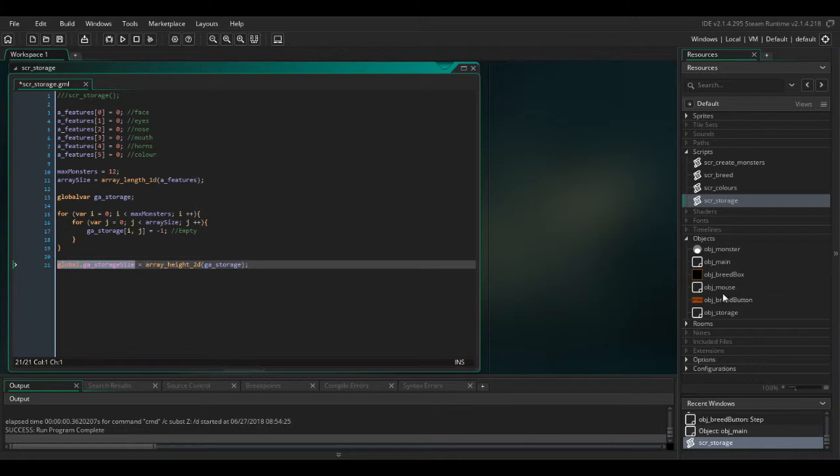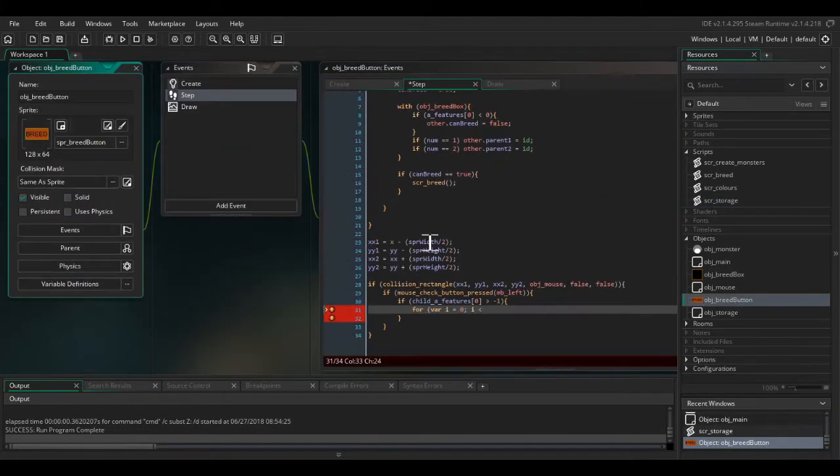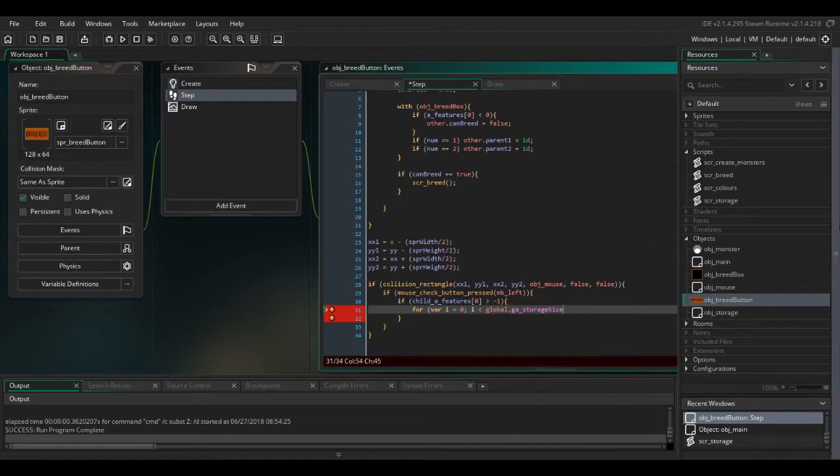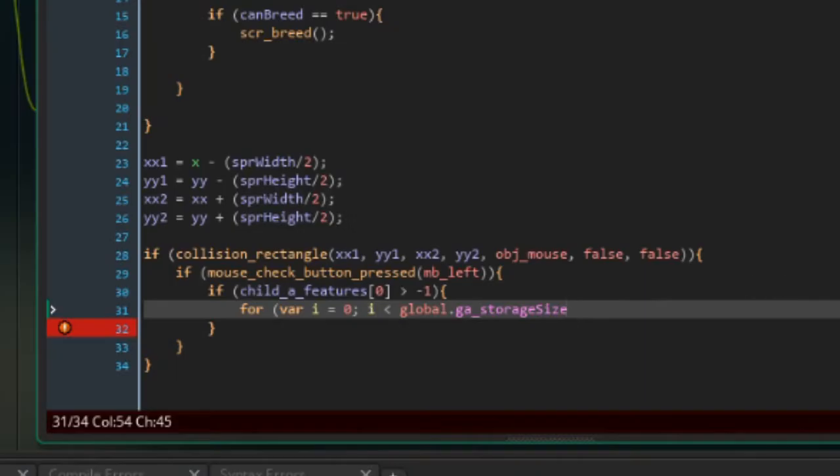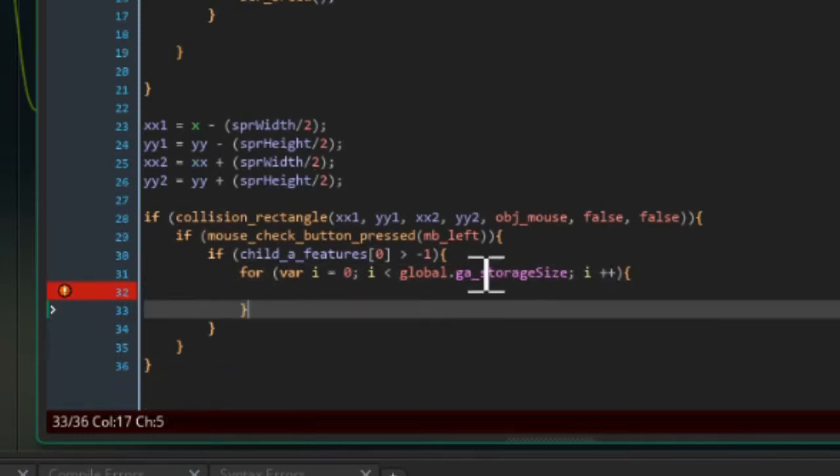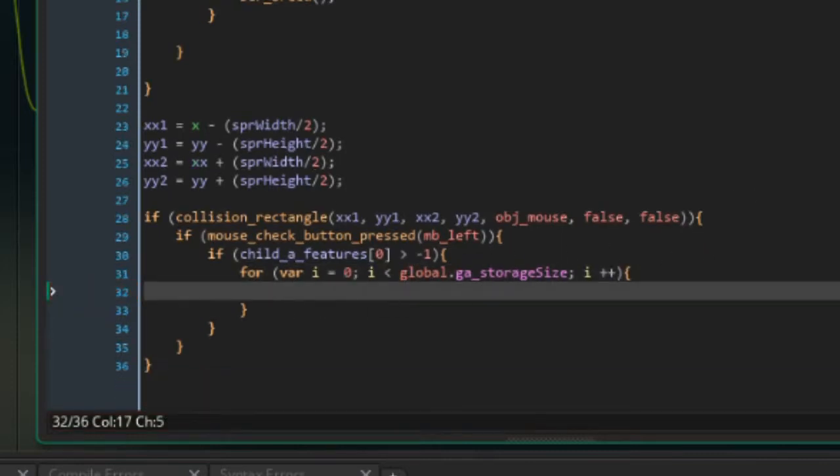And copy this, in obj breed button step event. If storage